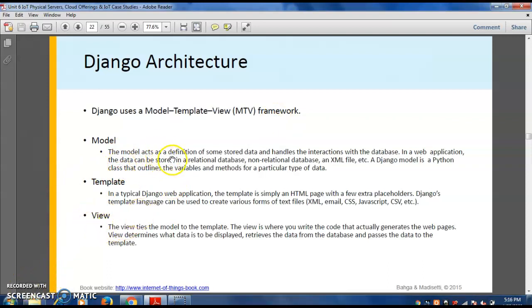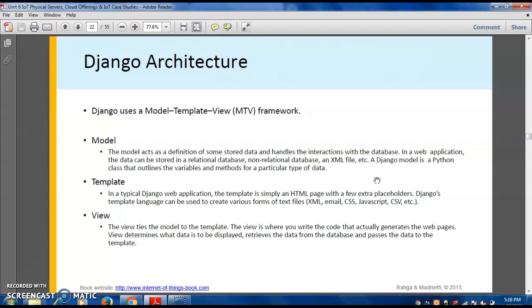The model acts as a definition of some stored data and handles interaction with the database. In a web application, the data can be stored in a relational or non-relational database as well as an XML file, etc. A Django model is a Python class that outlines the variables and methods for a particular type of data.